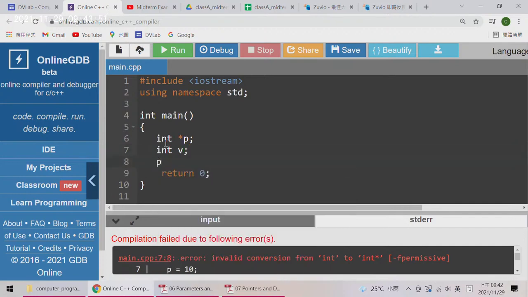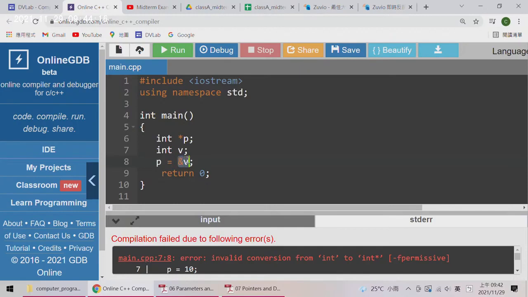Now we can let the pointer point to the integer, and to do this we need to use the AND operator. And on the right hand side,